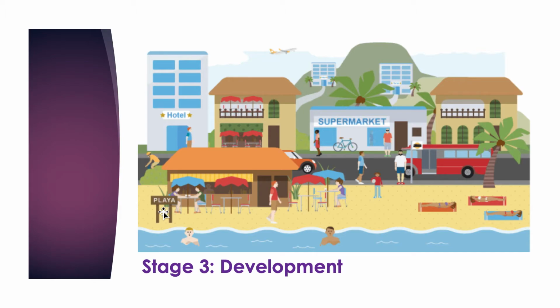Stage 3 we call development. Development is a stage where the area becomes widely recognized. You see that the infrastructure, like facilities such as airports, more hotels, more buildings, not just a shop but a supermarket, okay, hotels, more buildings, even the bus, the transportation is provided, and also better shops, you see more visitors. So development is a stage where the area becomes widely recognized as a tourist attraction, partly because of heavy